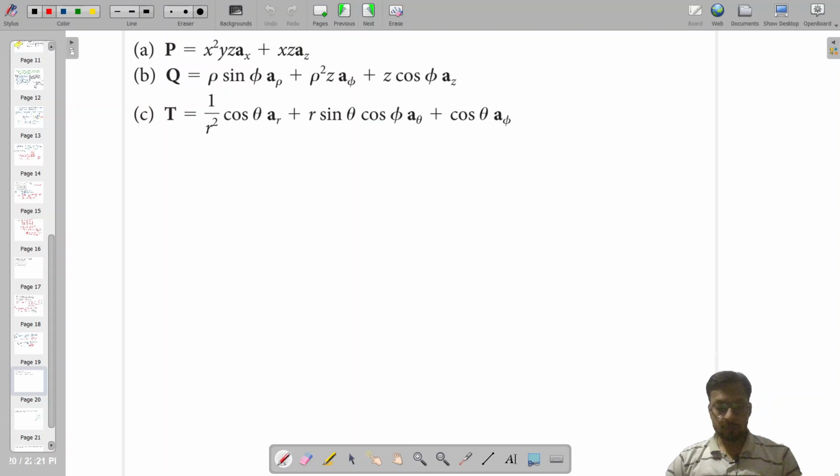So we have practiced some numerical problems in the previous class, and due to some issue it got disconnected. Now continuing that,